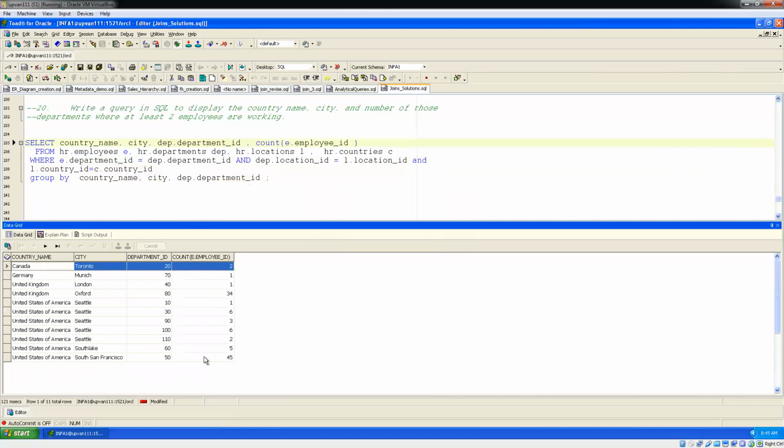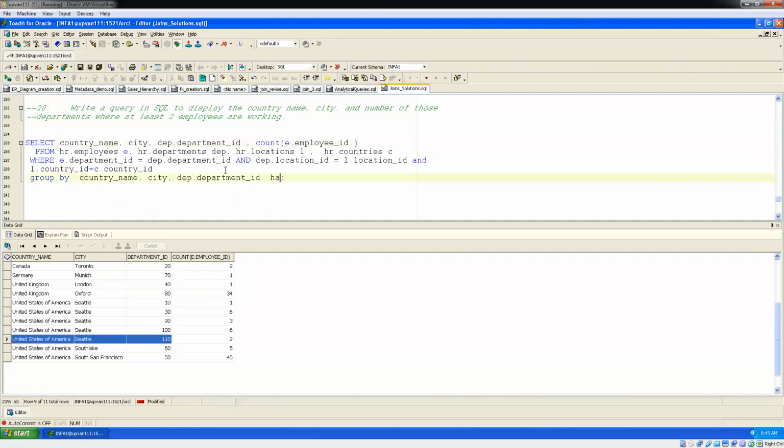Now from this table, we can see the countries for which less than 2 employees are there, right? Just one employee. 2 employees is a valid scenario. We need to exclude the results wherever the count of employee ID is less than 2. Okay. So having